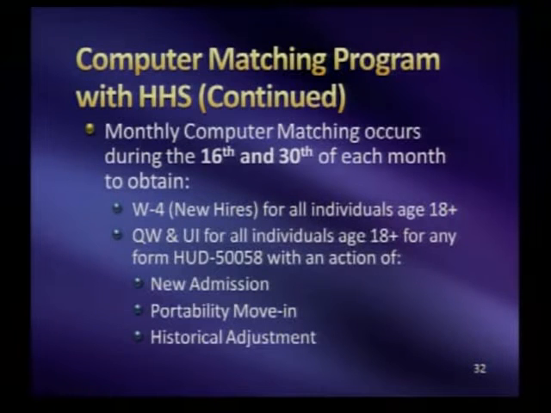And then keep in mind that, again, we're obtaining new hire information for every individual who is over the age of 18, and quarterly wage and unemployment information for individuals 18 and over, for any HUD Form 50058 with these following action types: a new admission, portability move-in, as well as a historical adjustment. And this is what we do on a monthly basis, because keep in mind, the quarterly wage information is quarterly. However, we do match with HHS on a monthly basis,